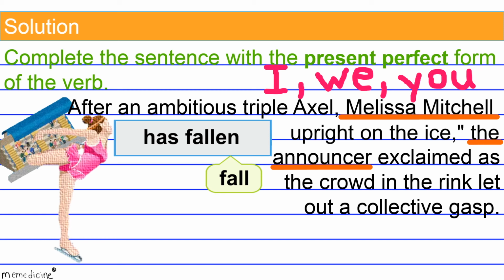The main verb fall is irregular, therefore its past participle fallen differs from its simple past tense verb form, fell, which is spelled F-E-L-L. I'm pointing this out because sometimes people assume that the simple past tense of a verb is its past participle, okay? All right, let's get back on track. We have preceded fallen with the present tense form of the helping verb to have that agrees in number with the singular third person subject of the verb, Melissa Mitchell. Has fallen is the correct present perfect tense verb form.